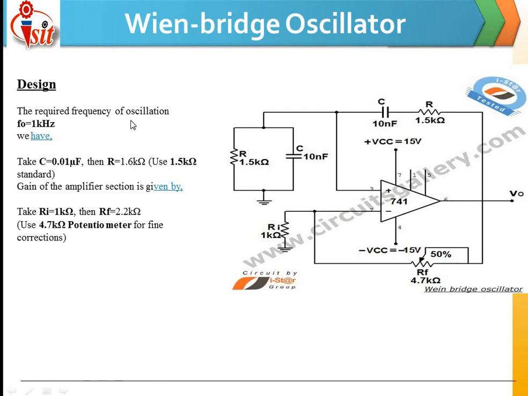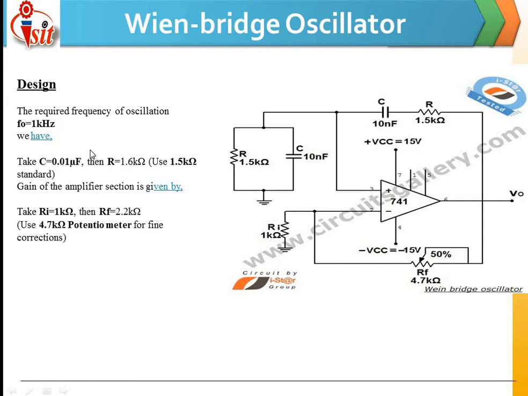Then the required frequency of oscillation FO is 1 kilohertz. That means we know very well what the input frequency is. Initial level it is 1 kilohertz, and it should not be much greater than 1 megahertz. That means the maximum boundary limit related to oscillator frequency for any kind of structure is 1 megahertz. For that purpose, here we are giving as input F0 is 1 kilohertz, and the output frequency has 1 megahertz as a maximum limit.